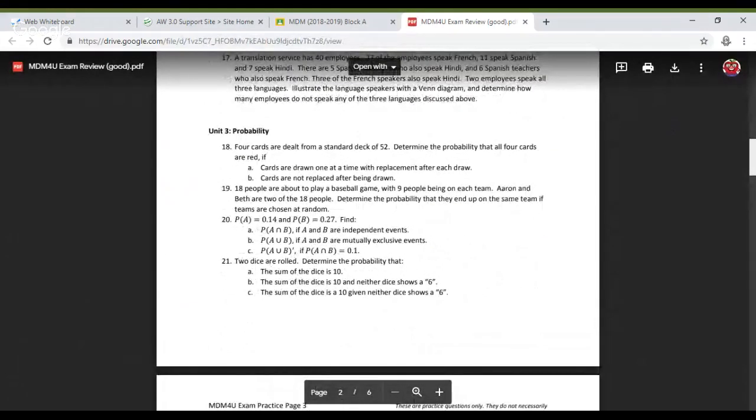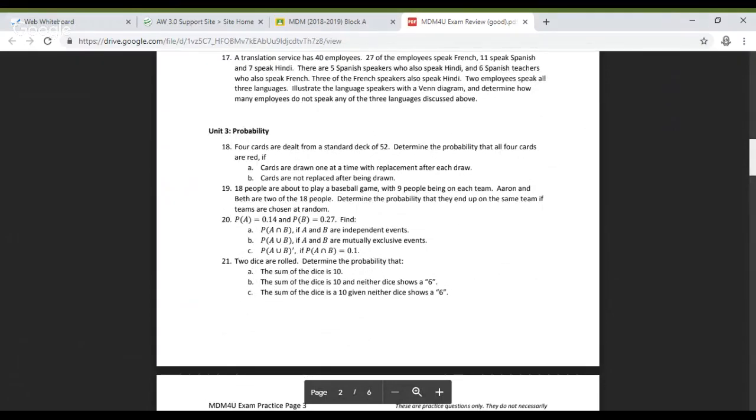Okay, so question 19, the question that says 18 people are about to play a baseball game with 9 people being on each team. Is that the one you mean, Black Bear, whoever you are? Can you hear me still? Okay, all right, so